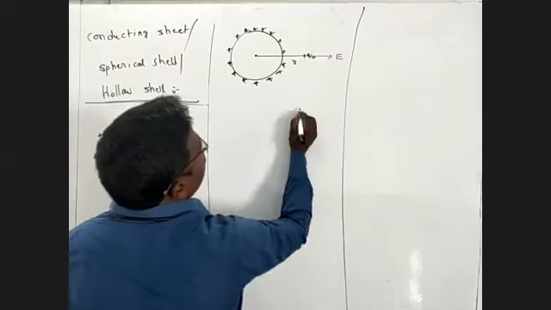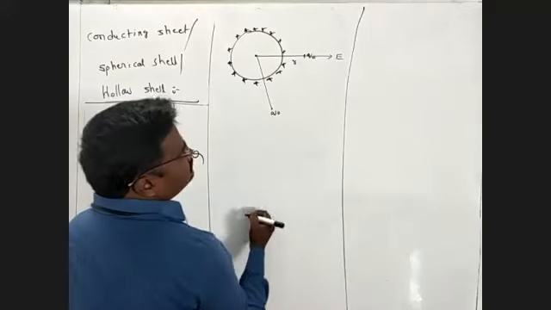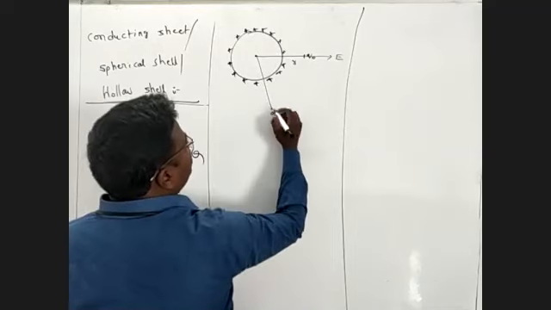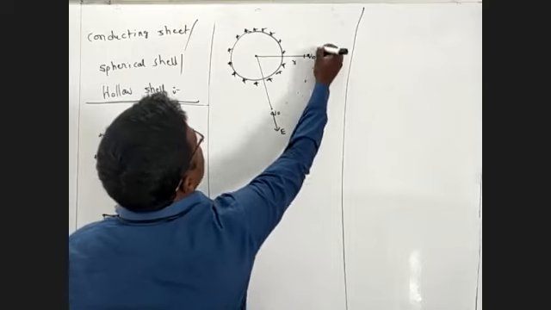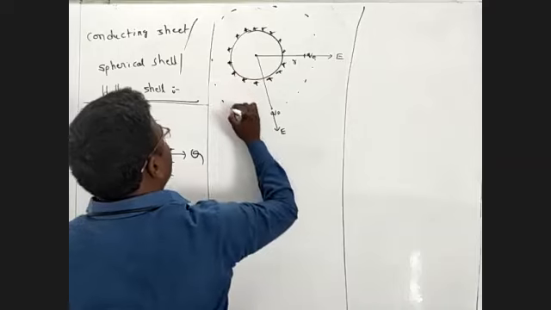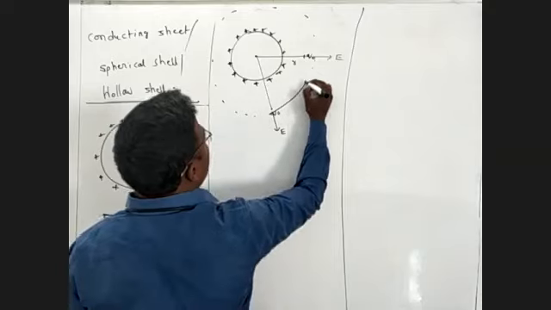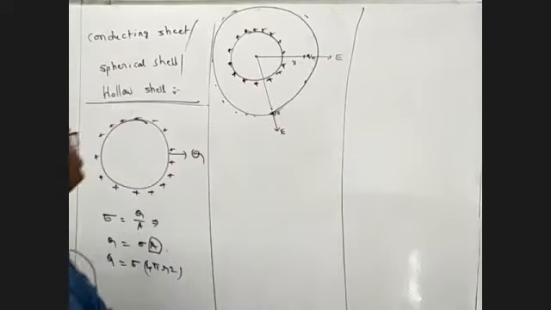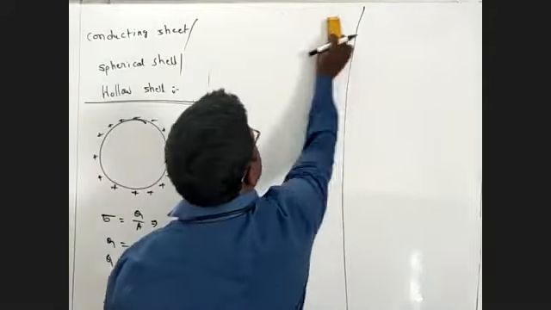This is the E. Suppose I'm taking this point. I'm placing point Q0 here. This ring having capital Q, the capital Q will repel this Q0 in this direction, that is the E. You take any point here. So we join all these dotted lines. We call this a Gaussian surface.